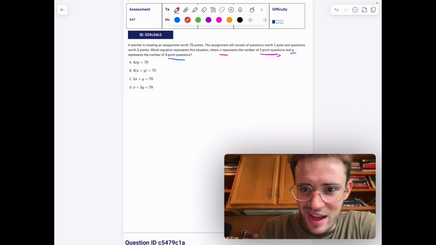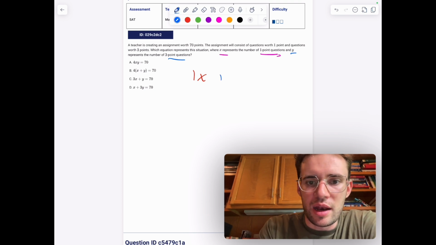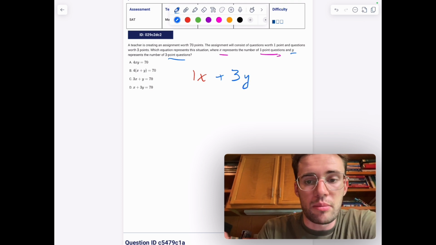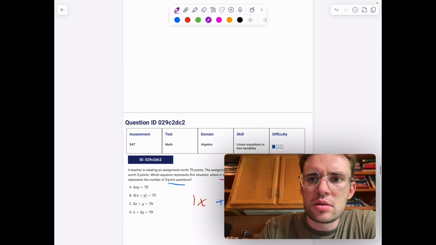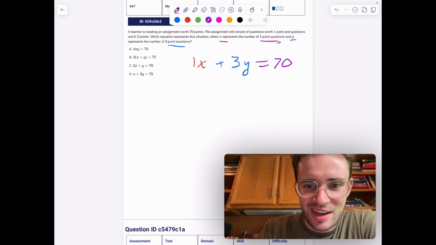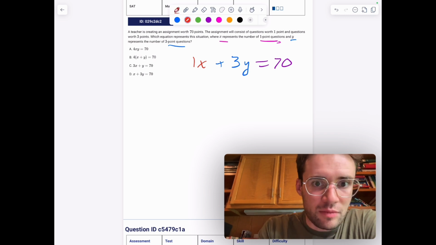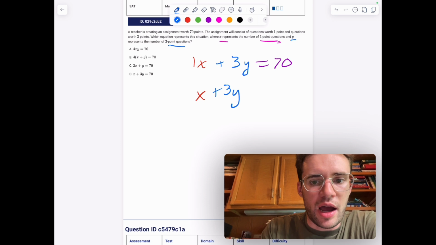It's going to be very similar to the last one, where we're going to have 1 times x, because x is the number of them and they're worth 1 point, and then 3 is the point value of the y 3-point questions, y being the number of them, and that adds up to the total, which is 70 points. The last one was 240, so the only thing that changed was 240 became 70. Again, 1x can be written as just x, so it could be x plus 3y equals 70, which is option